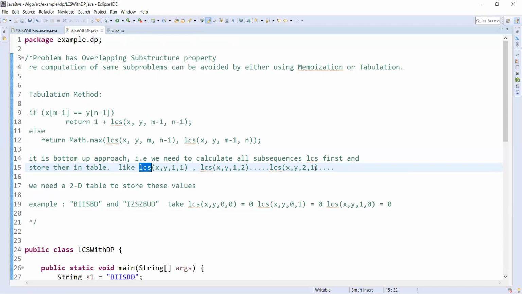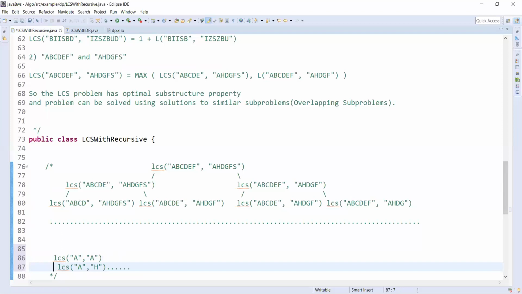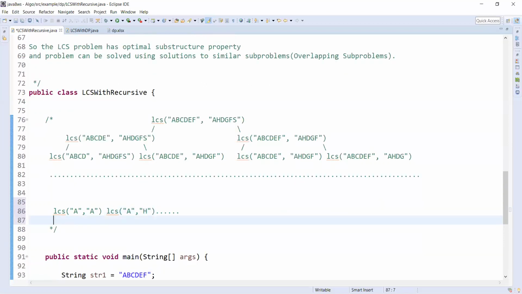While calculating LCS of A comma A, what do we need to calculate? For example, at the leaf, LCS of A is LCS of empty string and A. That LCS of empty string and A is the base condition, so it will automatically be 0.